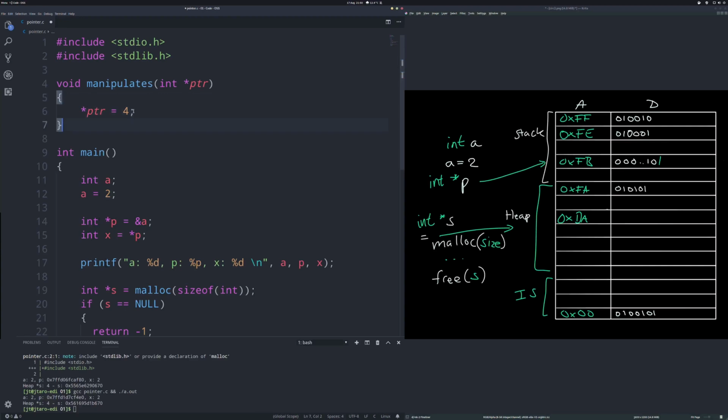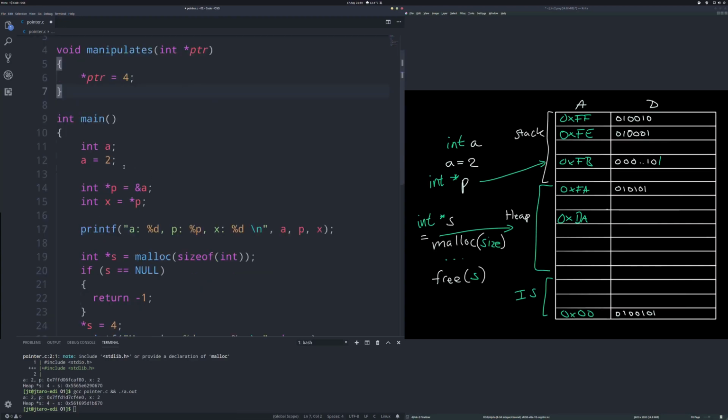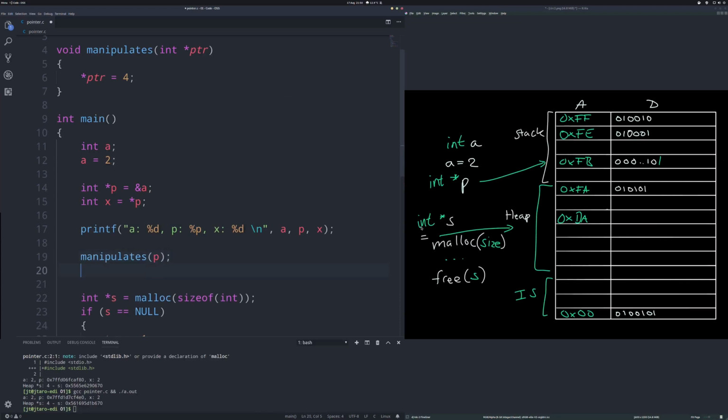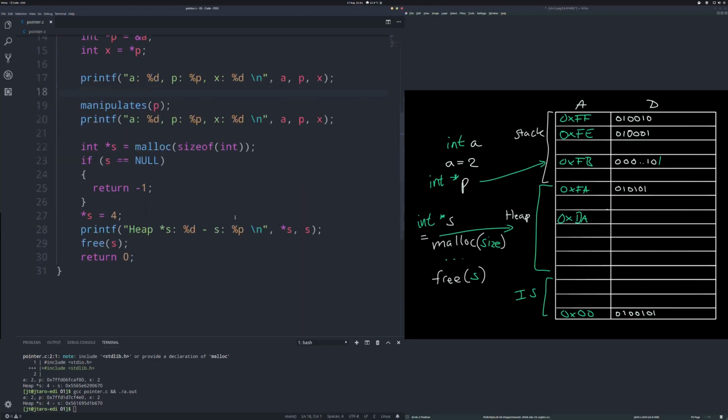And this is quite interesting, because you may think this is now local to this function, but in reality, we can do a little test here. If we call manipulates, which is not a very good name, but there we are, with p, and then go ahead and print this out again, and we can run our program. What we'll see is,